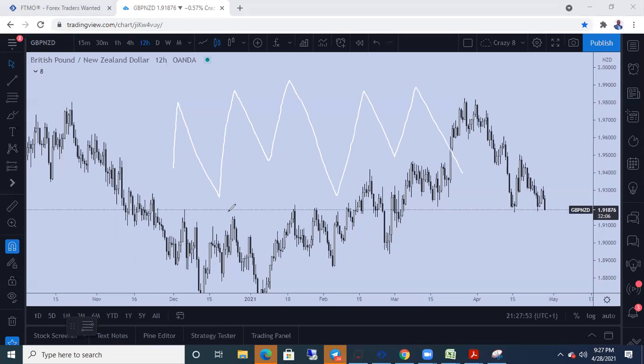In no particular order. When we find a ranging market, we look for the ones at the peak. We look for this one at the peak, the highest point, and this one at the lowest point. Those are the areas we'll put our AQZ fib